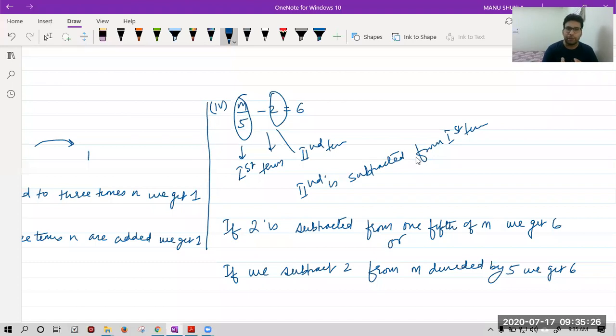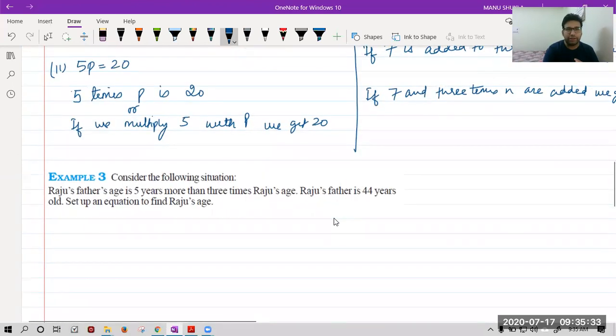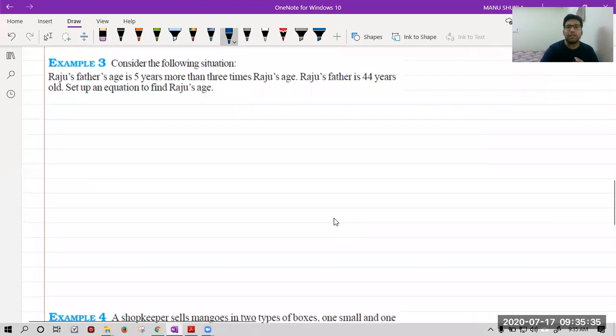You can try. Now let's move to the next question. Again, a very interesting question and a real life example of this chapter. Mokshita is saying, please clear my doubt. But I told you, you can compare with my statement. If your statement is close to mine, you can use it. Now, let's see example number 3. Please explain how to convert a mathematical statement to English and vice versa.